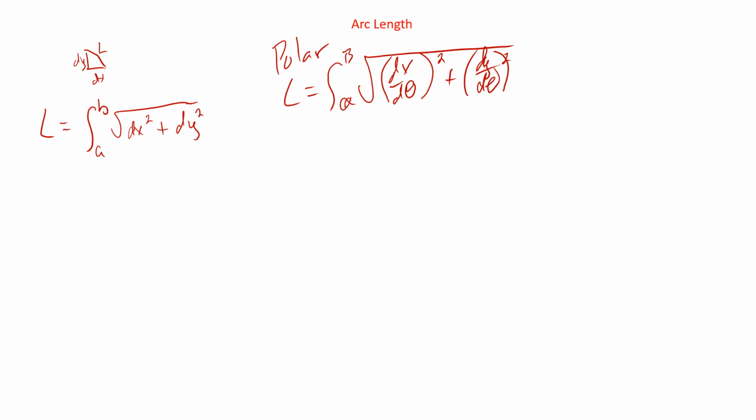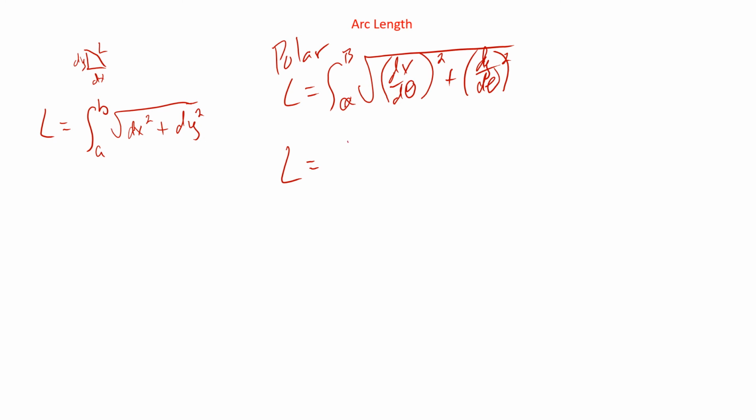And what happens, if we remember that dx was f prime of theta cosine theta minus f of theta sine theta, and dy was f prime theta sine theta plus f of theta cosine theta, way back from the beginning, we found these values in the beginning of this section. So if you remember that, we can plug those in, and we can square them, and then we can do a whole bunch of calculations, and what we end up getting